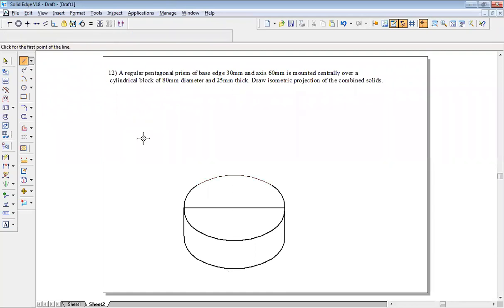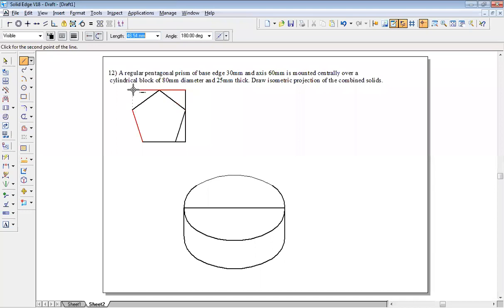So go to line command, construct one pentagon on your sheet. Okay. So pentagon of 30 mm side, so 30 angle 0, 30 angle 72, 30 angle 144, 30 angle minus 144, 30 angle minus 72. Right? Put this pentagon in the box and get the box dimension. Here, line click, this click, this click, and close. Right?